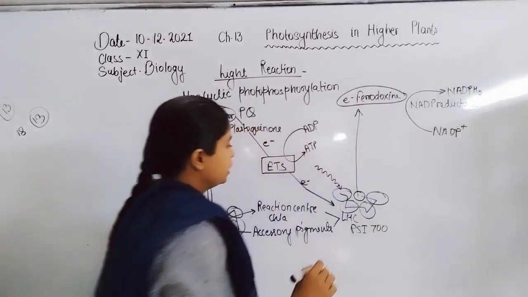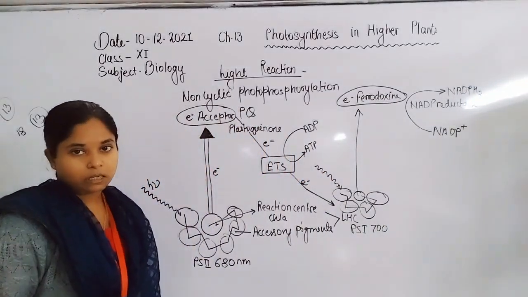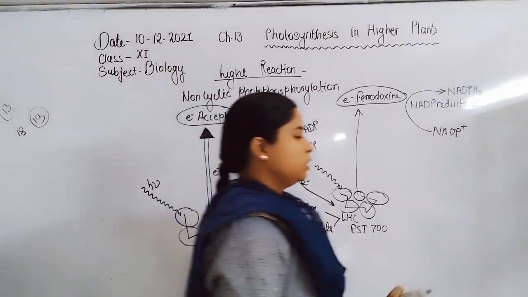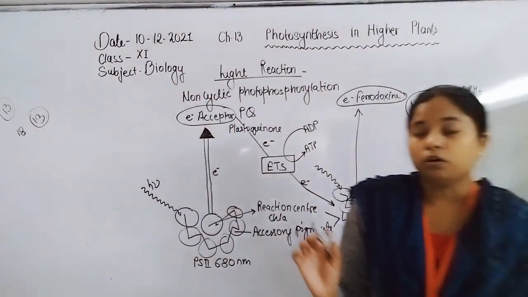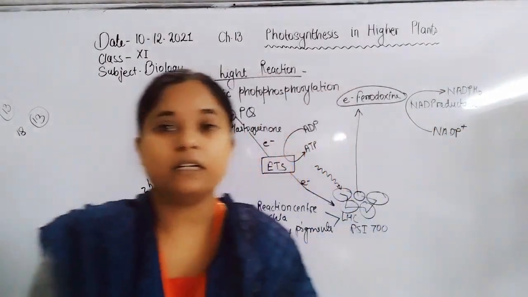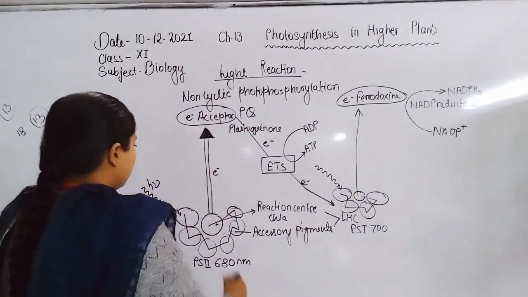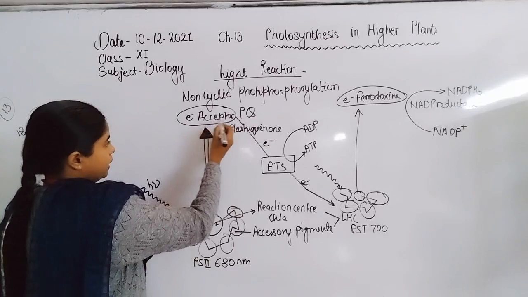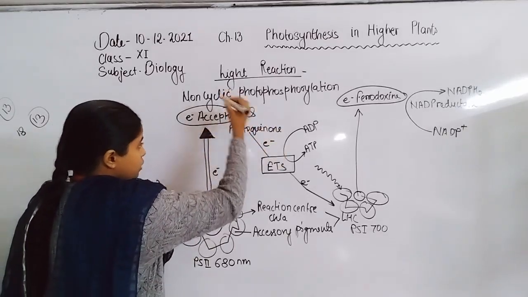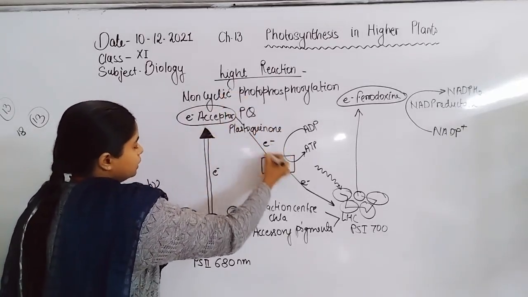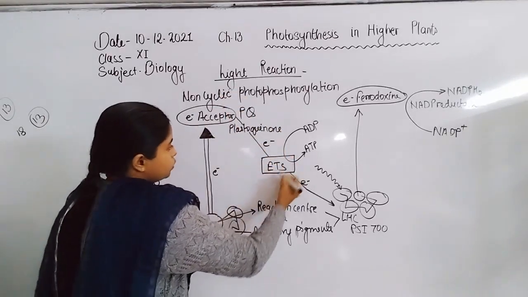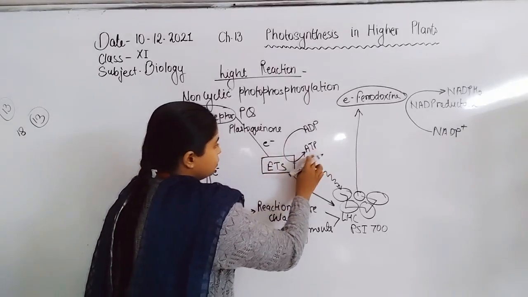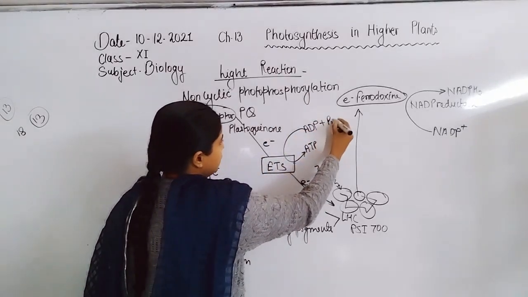So the two products get synthesized in a Z-scheme manner with the help of photon. Through the photon, the electron gets excited, or emitted from its orbit, in an uphill manner, which is caught by the electron acceptor plastoquinone. Plastoquinone transfers this electron in a downhill manner to the electron transport system. Through the electron gradient, the electron transport system will synthesize ATP from ADP molecule and inorganic phosphate.